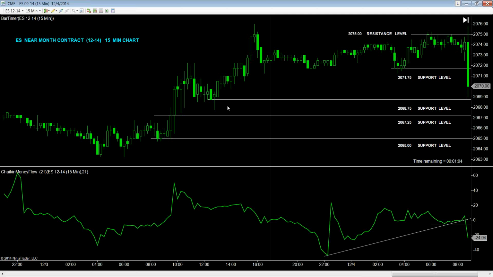But as you can see, based on learning how to establish these levels at key price points, we're half a point short here, just about, from a 2068.75 on a target. An excellent trade. It could have been picked up right away. The key to the Chaikin money flows firing to give us the short signal was not only the trendline violation to the upside, the support level broken, but the actual intersection between these two right here at that value in